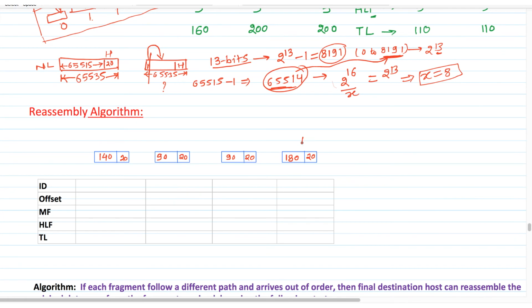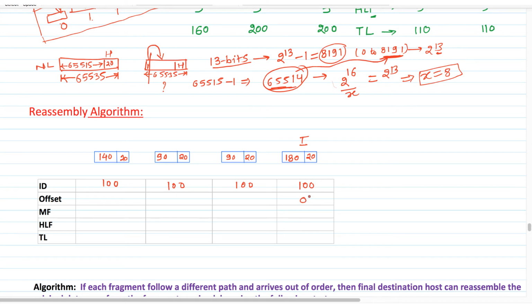So we have considered this is the first fragment. ID will be same for all these fragments: 100, 100, 100 and 100. Offset value: this is the first fragment, so offset value will be 0, means there is no data bytes ahead,